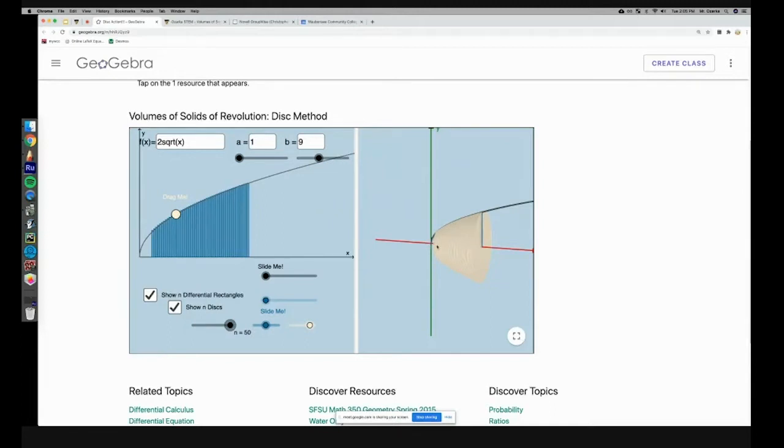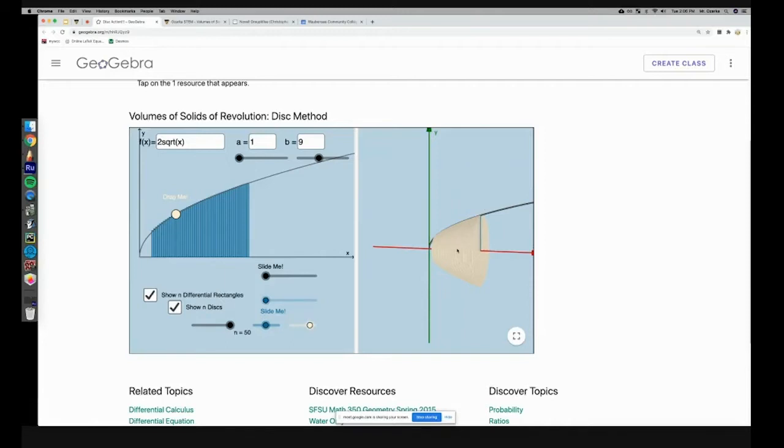Technically speaking, there should be infinitely many, so I could always just crank this up here, and now there are way more disks. In fact, when you do the integral, it's going to be infinitely many disks that are infinitely thin. Obviously, you can see that there is a certain thickness to this, but you can imagine infinitely thin ones, and that's basically you adding up the area of every single one of these throughout here and figuring out the volume of this. I like to think of it as a stack of pancakes, or if you know what a CD spindle is, you're stacking CDs of different